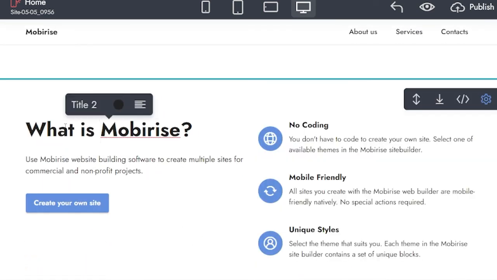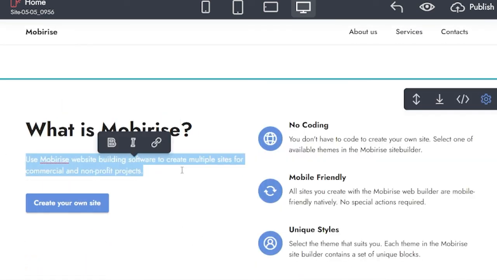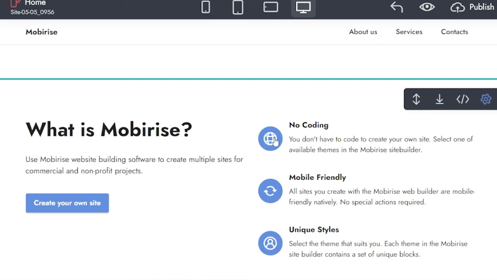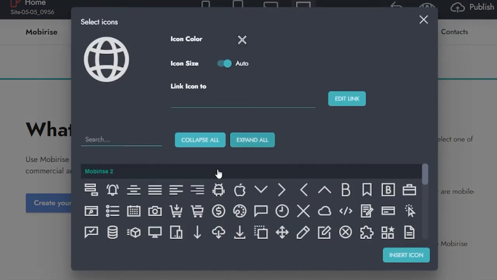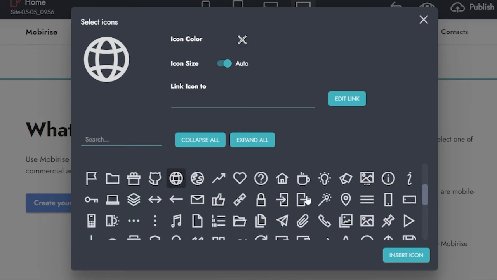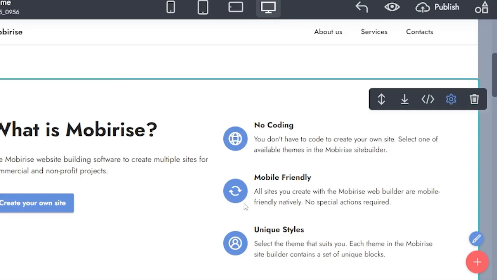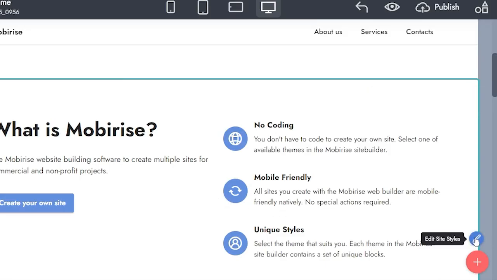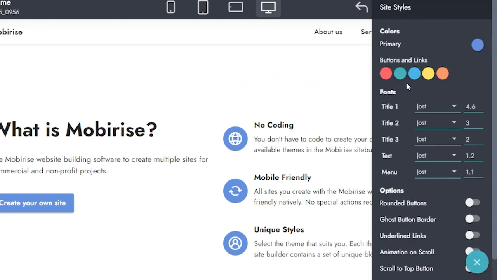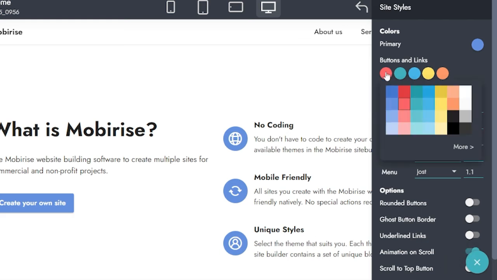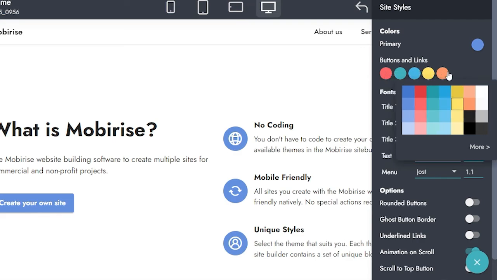What is your store all about? And then you discuss it here, and the features for your shop. So you will see these icons. You could actually edit this one, then change the color if you don't like it. And if you're wondering what is this paintbrush here, so it edit your site style. So you could use that. And if you want an animation scroll, you could turn on the one,